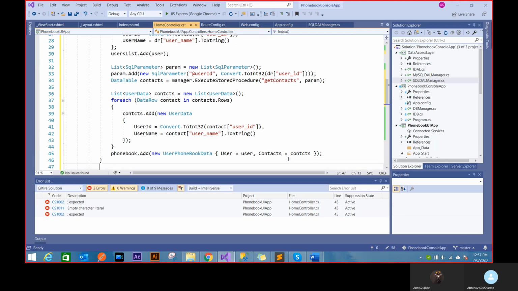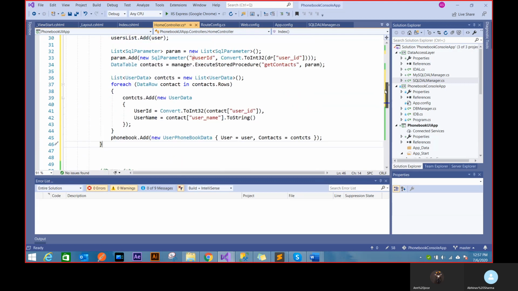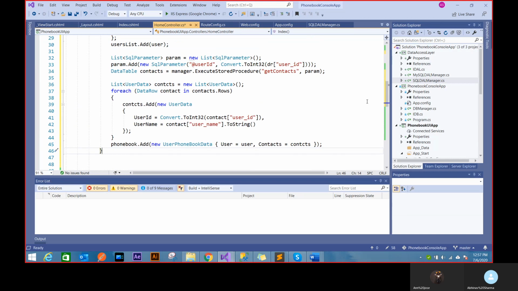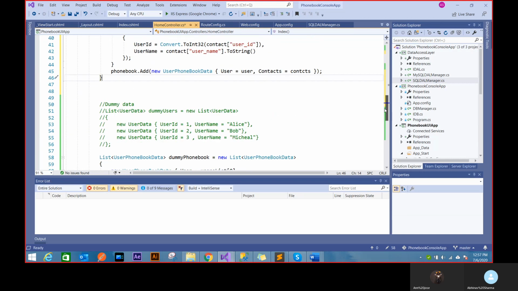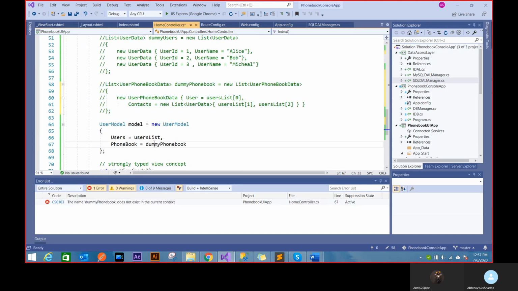So after a weird long running loop, we are finally able to get that in the right way. If we have done everything right, this dummy phone book is not needed. Just add phone book.